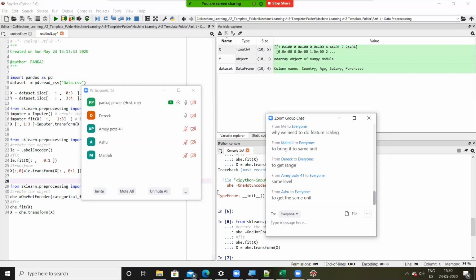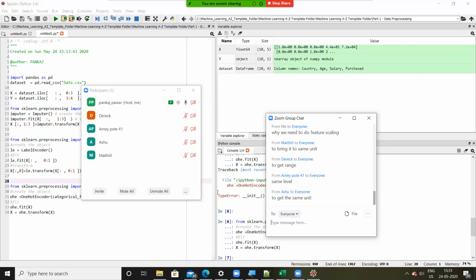Yeah, it depends. Okay, I see. So the right way of saying that is to bring all the attributes at the same level. Is that clear? Yes, sir.